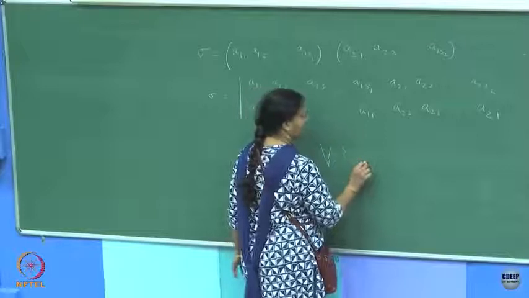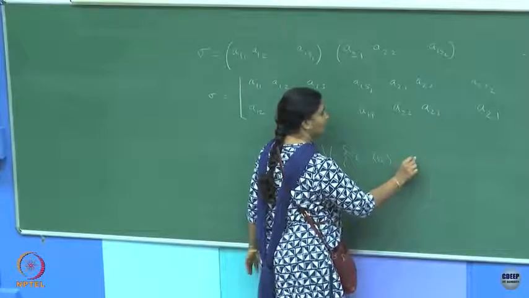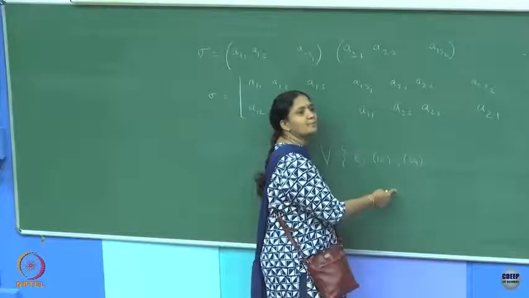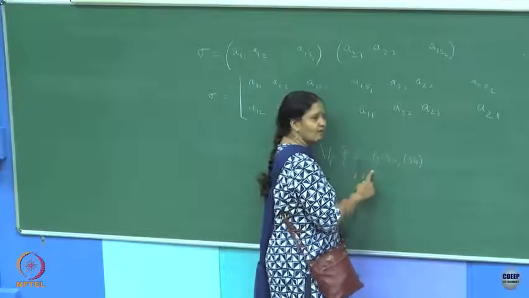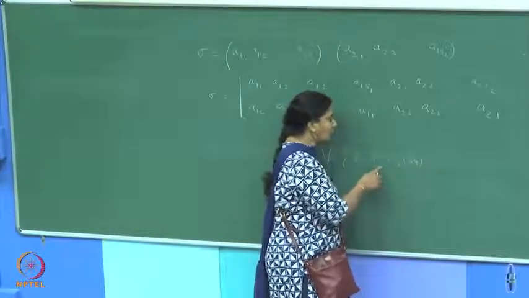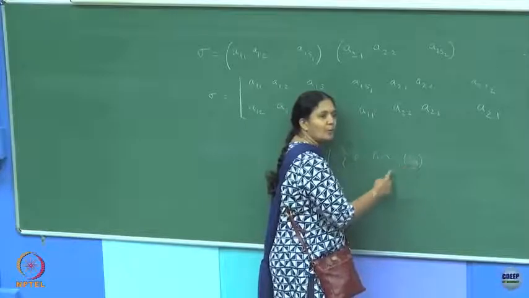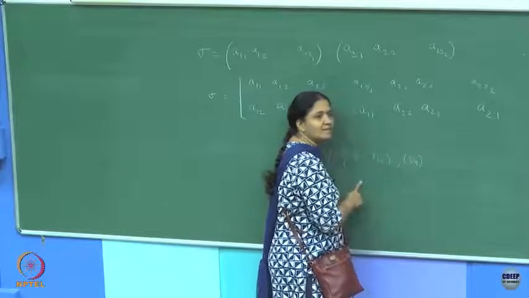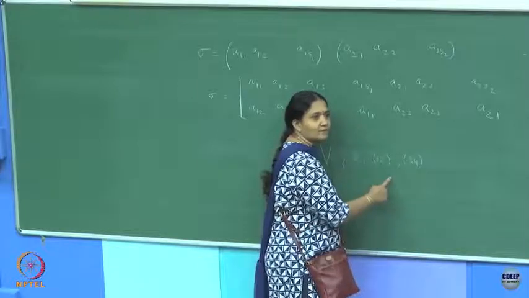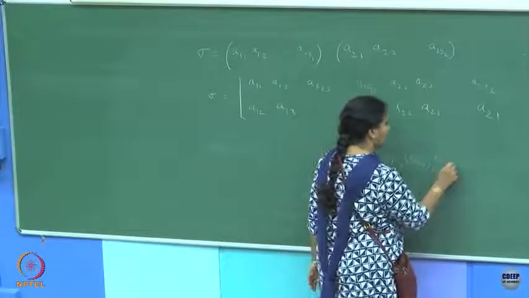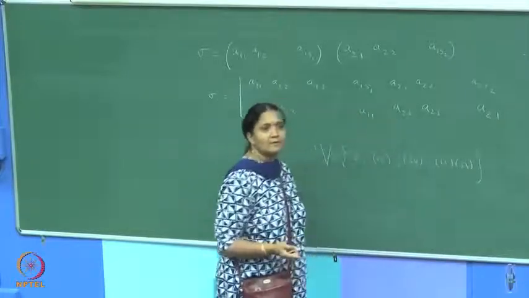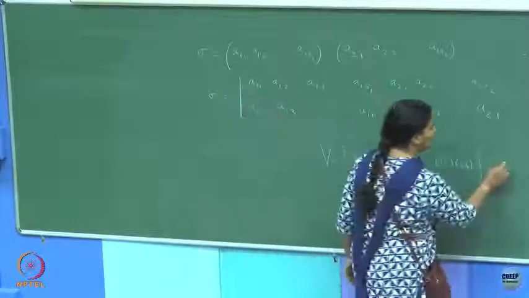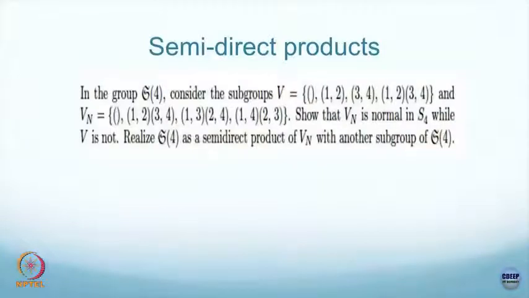Why? If you write V as identity, 1-2, 3-4, is this a group? It is not a group. The inverse is fine: 1-2 squared is identity, it is okay, and 3-4 squared is identity, but I should also allow properties where I multiply arbitrary elements and the result should be in the set. That will not happen. So, you will have 1-2 times 3-4 as well. Anything else? This square is also identity. So, this is definitely a subgroup of your symmetric group of degree 4, right.